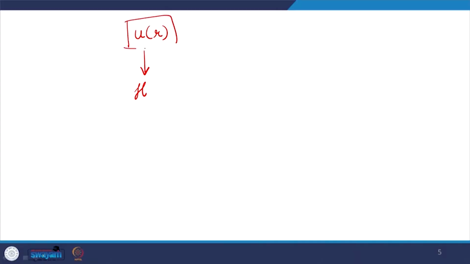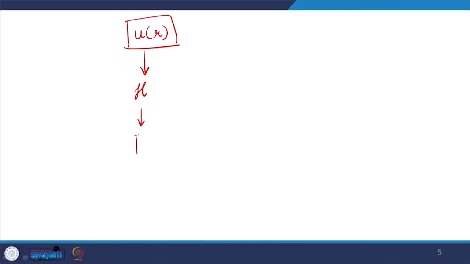But this is, I would say, the basic mechanism that we can think of, and that is what is done in a molecular dynamics simulation. You give an input value of u of r, and I will discuss in the next class what exactly it is called and so on. That becomes the input variable. You find the Hamiltonian or energy, and you solve Newton's laws of motion, and the particles evolve, and you essentially have the description of the trajectory in terms of gamma of t. And once we have that, then we can find the average value of the property I am interested in as the time average of